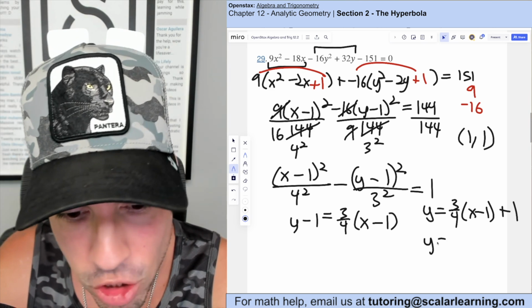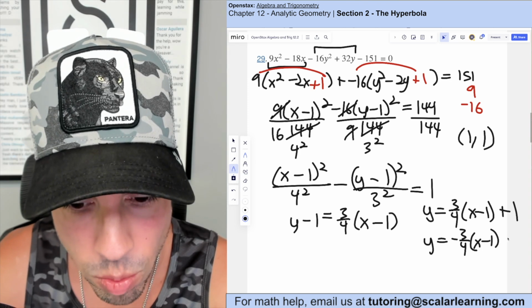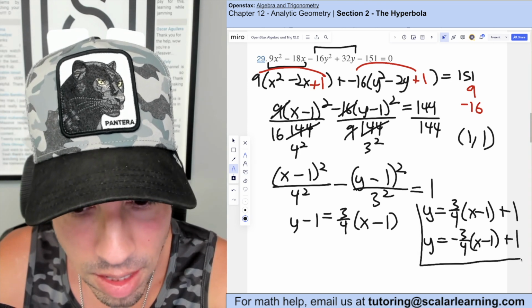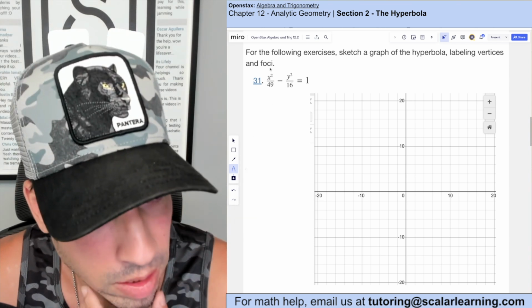And then the other equation is the exact same. We just negate that slope. -3/4 x minus 1 plus 1. And that is how you do it. Done. So for this one to graph it, remember the first thing I'm noticing is I got x in front